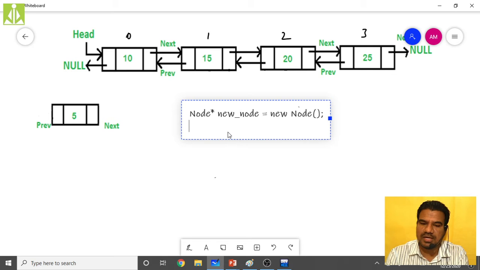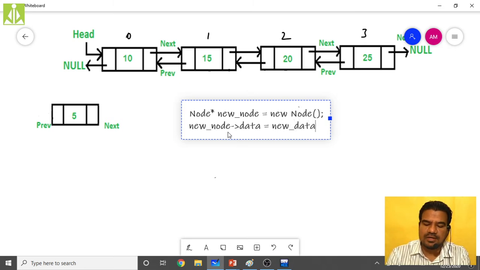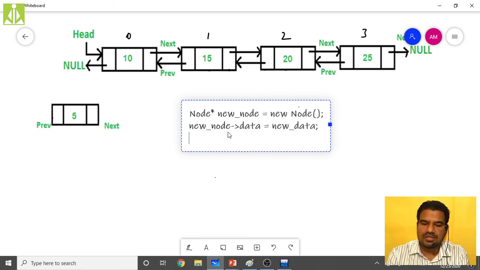In our programming we will use a variable, which we will call new data. So new underscore node of data part equals new data. This will do the initialization of that value 5. Next, the previous pointer, because it is going to be the first node.